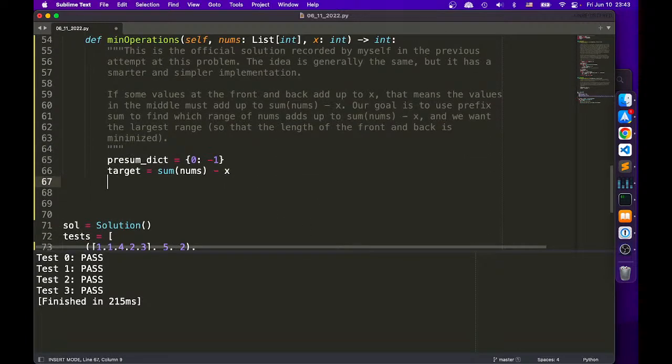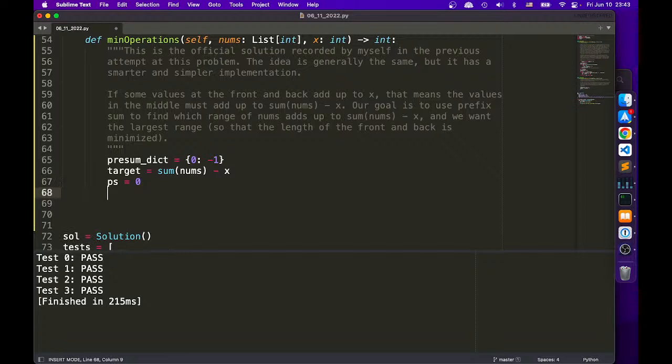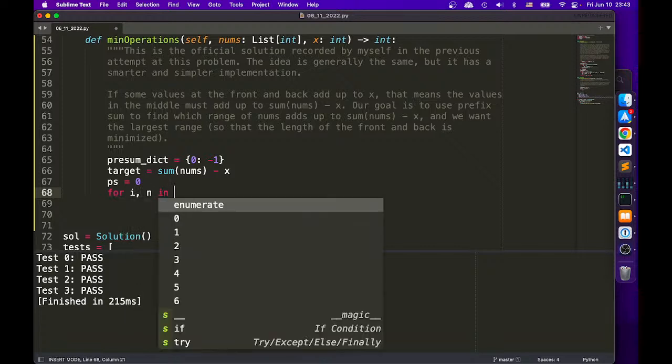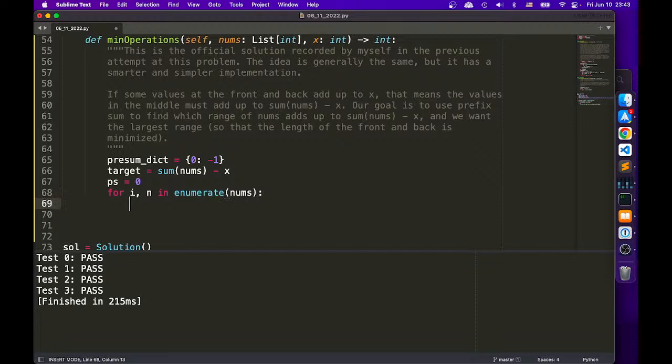So we have target, we have this, then we have prefix sum. Let's call it prefix sum is equal to 0, right? And we just say for i, n in enumerate nums. Okay, and say ps plus equal to n. Right. So as the prefix sum, and then we say if ps, right, minus target is in pre-sum dict, then